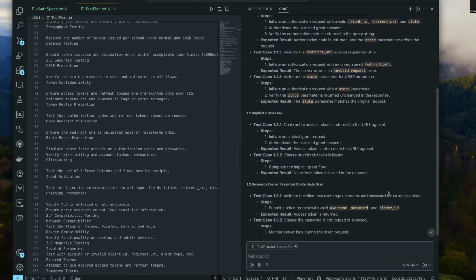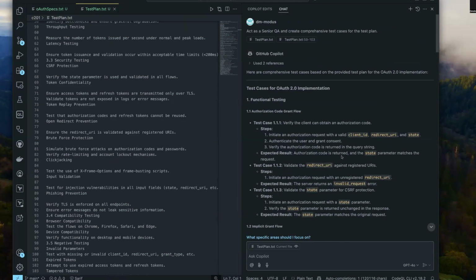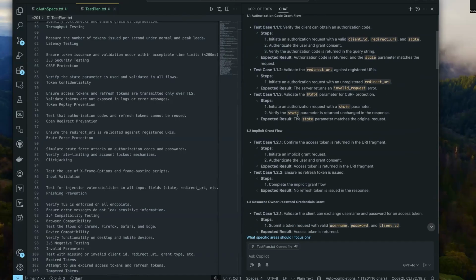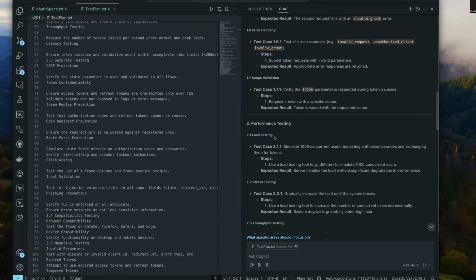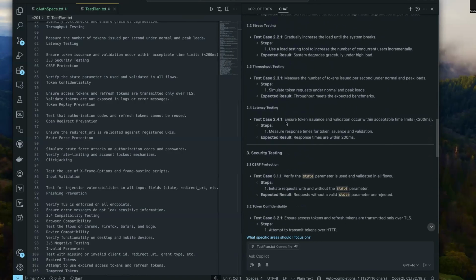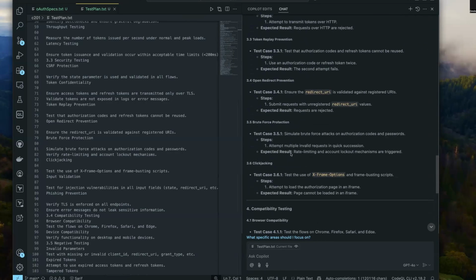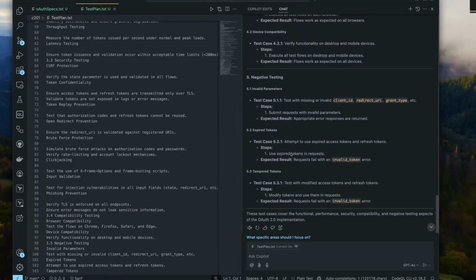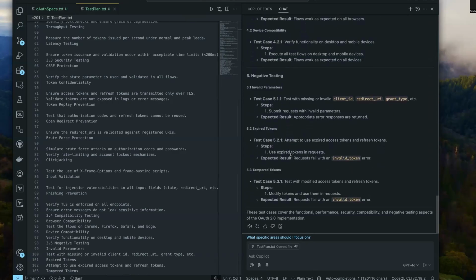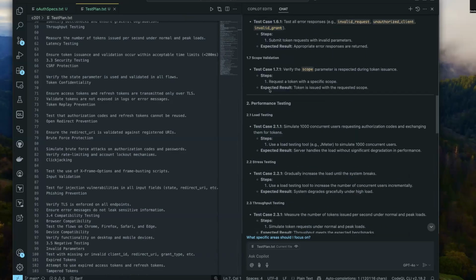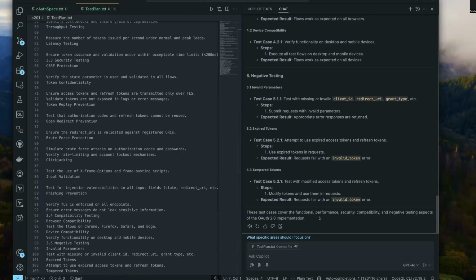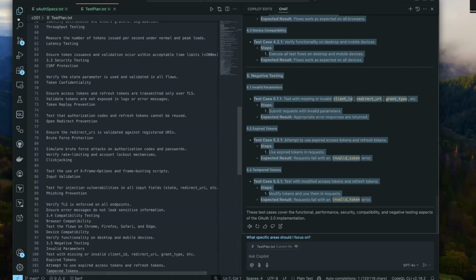Copilot created test cases for me. Okay, so Copilot created test cases for me based on the test plan Copilot created. Discover functional test cases, cover performance testing and security testing. Pretty easy, 5 minutes. I have a test plan and test cases created, which I can use as a template and continue working on them. So I can copy this, put it into our